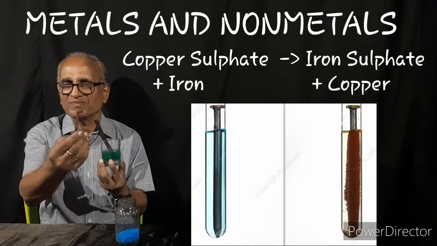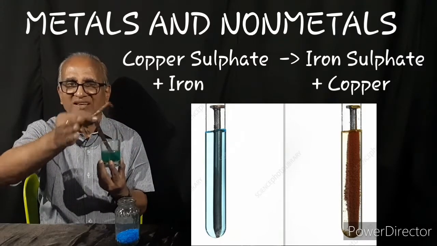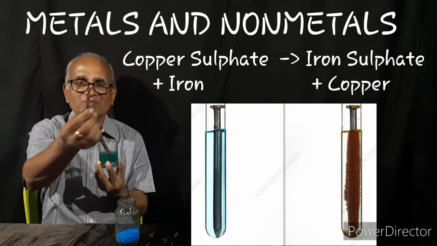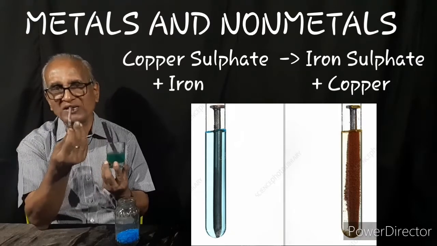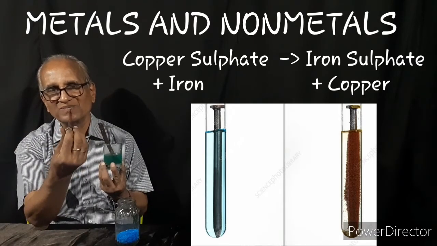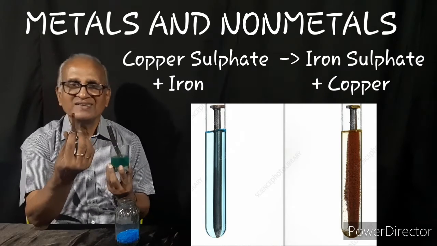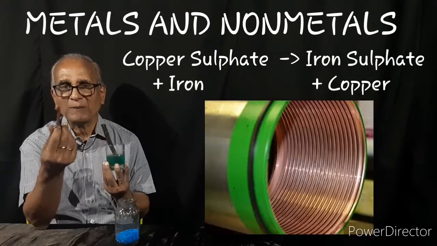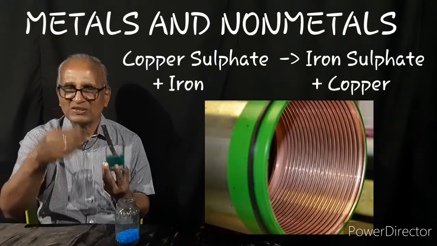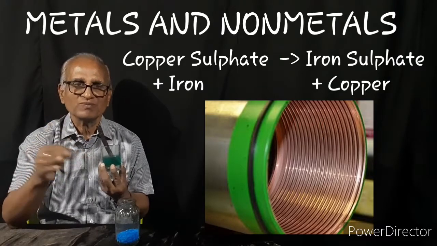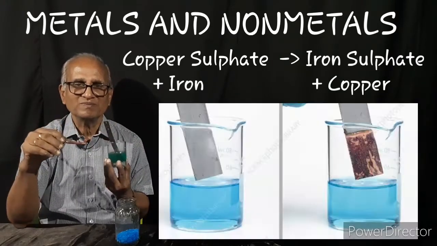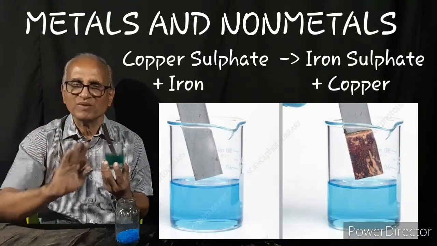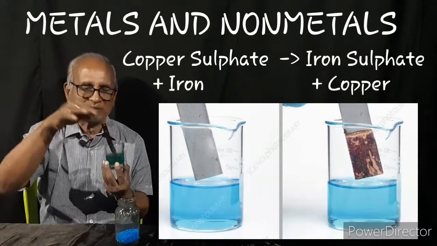That brought a cover. A copper cover got formed on the iron key. If you keep it for one whole day, you will get a beautiful coating. This is actually the principle behind copper plating. If you can pass electricity too, the process will be still faster and you get a uniform covering then. You have to clean the iron object well with sandpaper, then introduce it into copper sulfate solution.